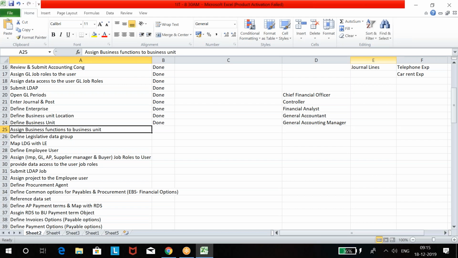So in a business unit, what activities are they doing? See, there are so many activities to perform in business, right? For example, sometimes you purchase some item and go to the building to pay, and they say, boss, we don't accept payment here. Go to the Panjagutta office, pay there. Or we only do purchase here.